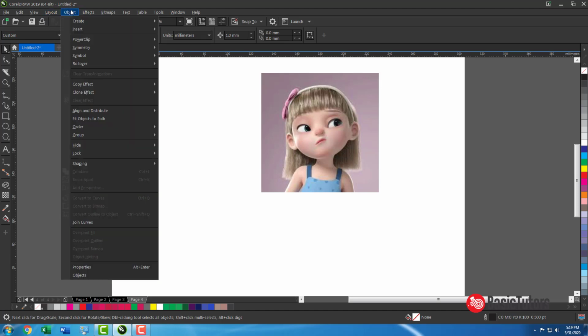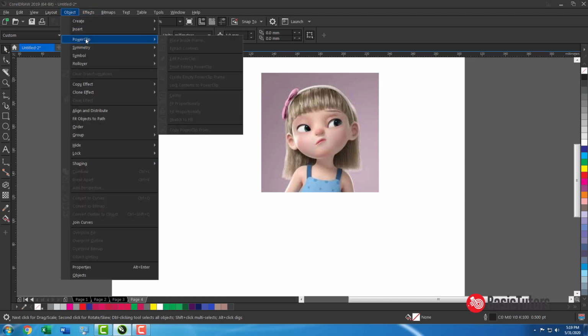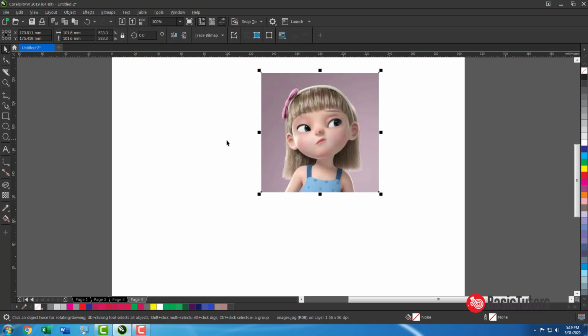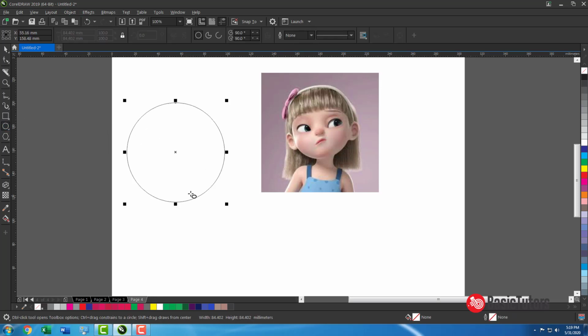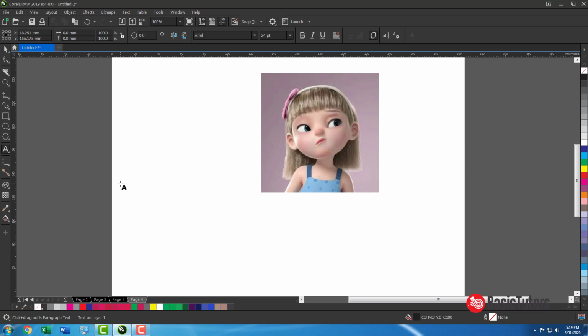Next we move to object. Here an important thing is the power clip. Power clip is nothing but placing one object inside another object. That is power clip, clipping to another object.